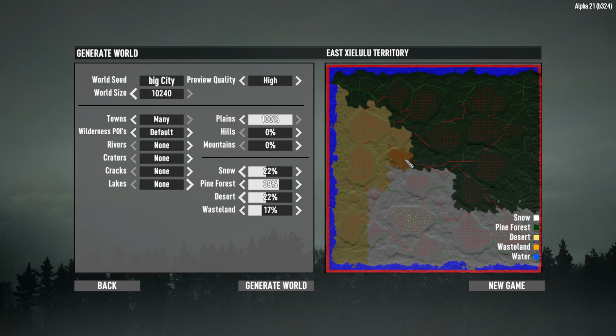Oh, look at that. That's all we got for the wasteland, but it looks like it's just one big city. Or no, it's a little town. It's only got a couple of streets on it. I maybe shouldn't have gone high definition. But look at that. Okay, so this is like...